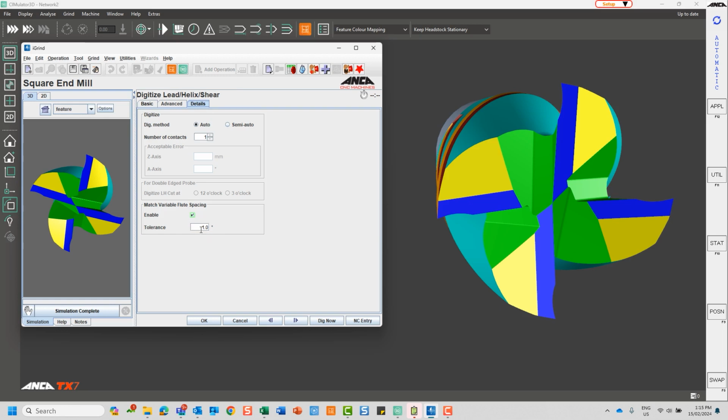This option is mainly used for resharpening variable index tools, especially when you are automatically loading from the loader. You don't need to worry about the initial y-axis orientation because you program the tool's design or the required variable index spacing, digitize all floats, and the option will try to match what has been digitized against what has been programmed, and it will figure out which is float number 1.